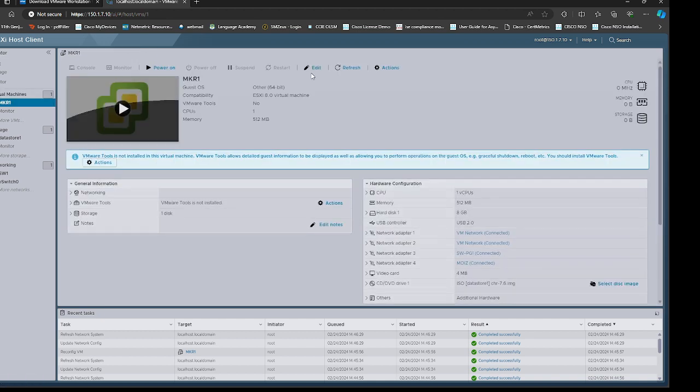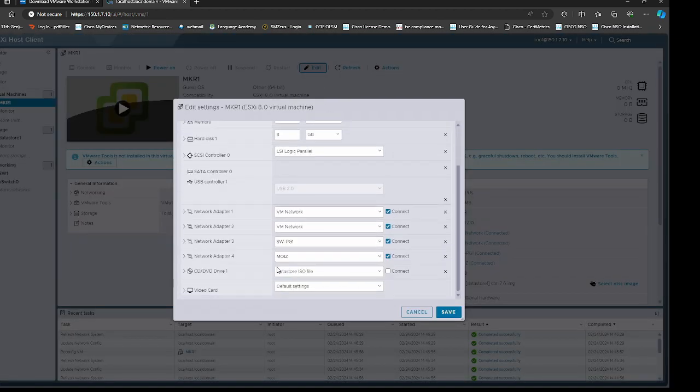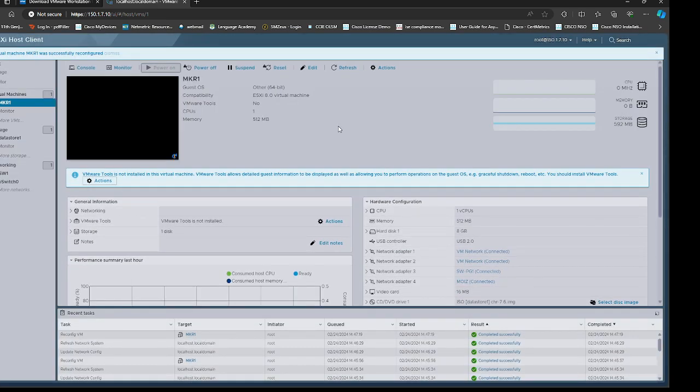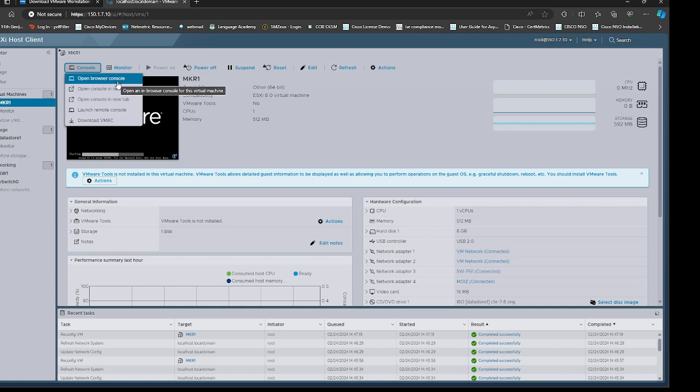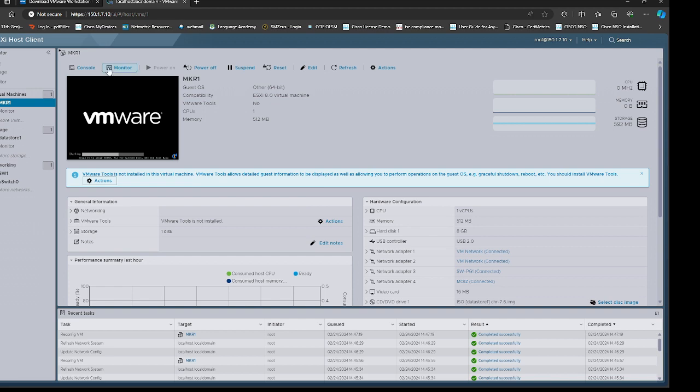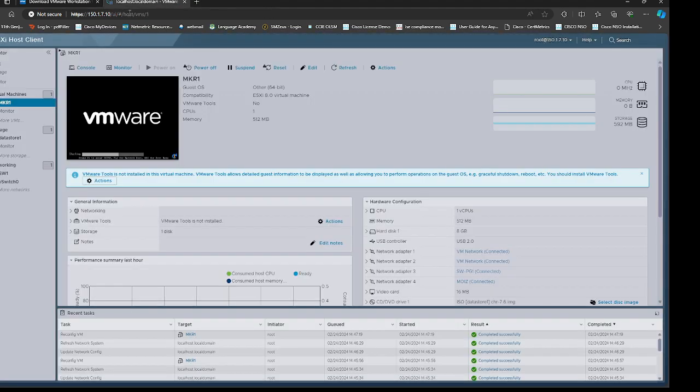All right. Now, the main thing is that when you have this DVD ISO image mapped, make sure it is connected. Sometimes what happens is it will be unselected by default, and then you can just power on the machine. Now you can take the console, open it in a new tab, new window, or console browser. Console browser means this is how it looks. And if I go to the new tab, it will come into the new tab.